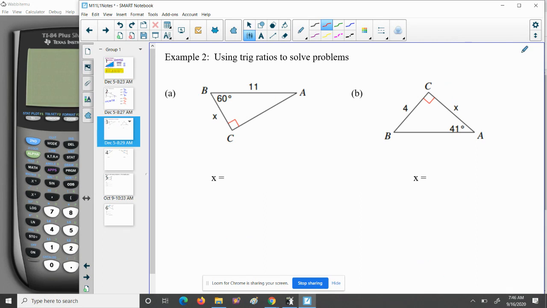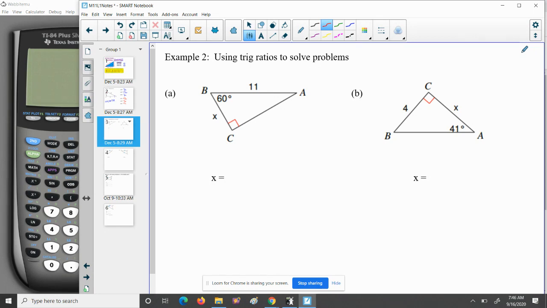Let's take a look here. We have a triangle given to us. We know one of the angles is 60 degrees, okay? And we want to solve for x, which is one of our sides. Now, we already know special right triangle rules, so we could figure this out without trig, but I want